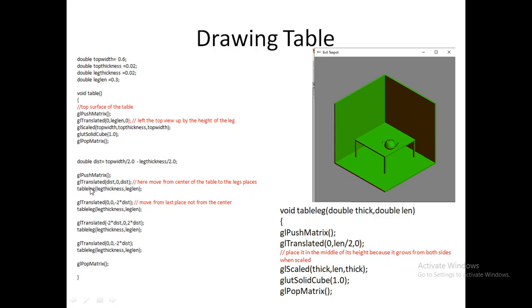So push matrix, pop matrix, first leg. Here we move from the center of the table to the leg places. From here you are translating. From here you are translating. From here you are translating. Like that 4 legs are translated. So glTranslate on the Z side. glTranslate on the X and Z side. glTranslate on only the Z side. So this looks the same, but